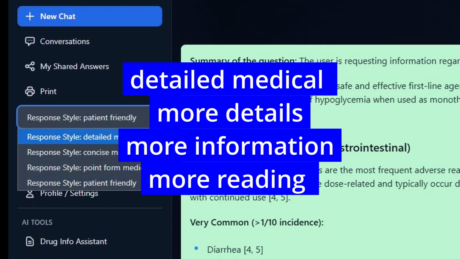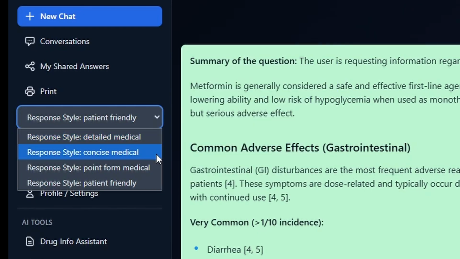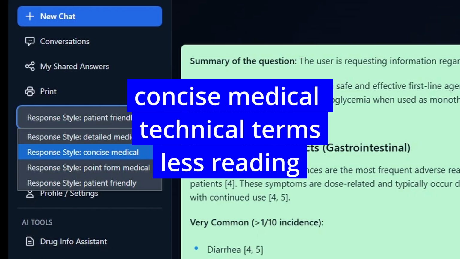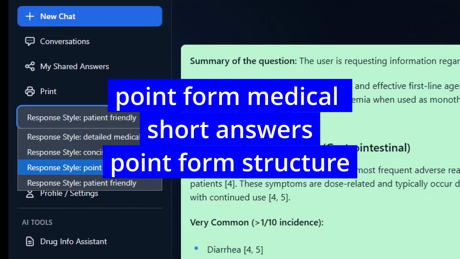That means Aiskyra is going to provide the most comprehensive response as possible. This often means longer answers, more details, and full medical terminology. Concise Medical also uses full medical terminology, however using shorter paragraphs. Personally, I use Point Form Medical, which means the answers that Aiskyra provides are as concise as possible and also